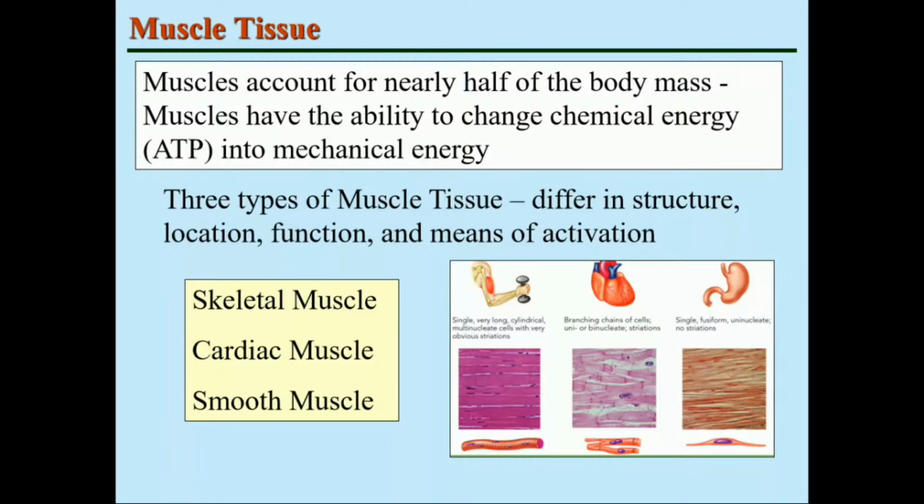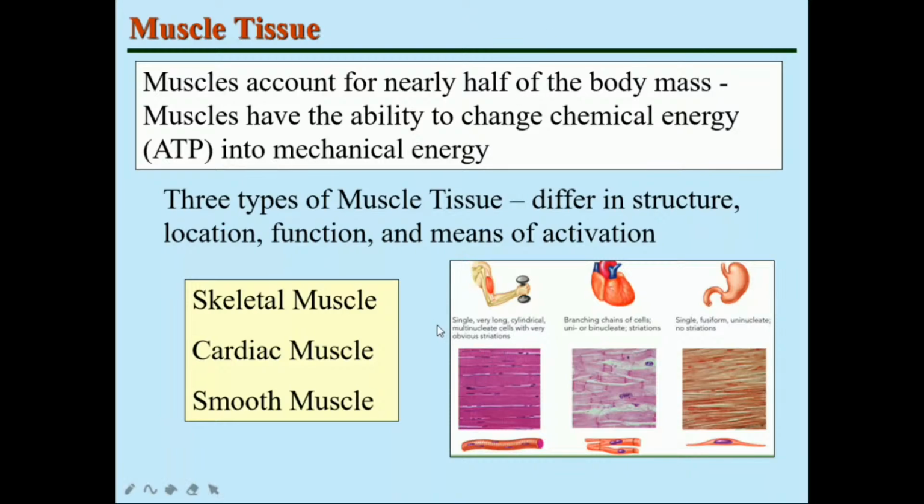Perhaps you are all aware that there are three types of muscular tissues. They differ in structure, location, functions, and the means of activation, that is, how they are activated. The three types are the skeletal muscle, cardiac muscle, and the smooth muscle. The skeletal muscle